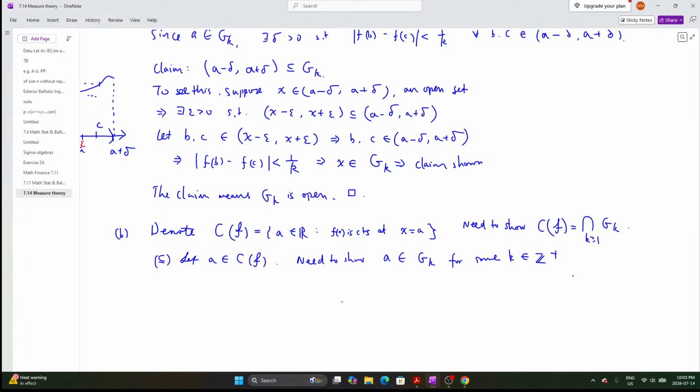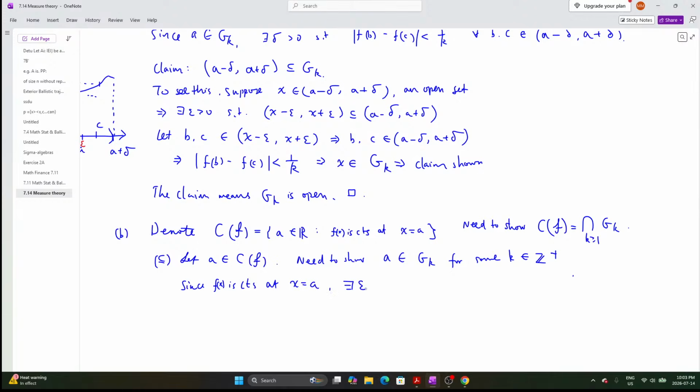That's what we need to show. And then it's just a matter of applying the definition of continuity. Since f of x is continuous at x equals a,